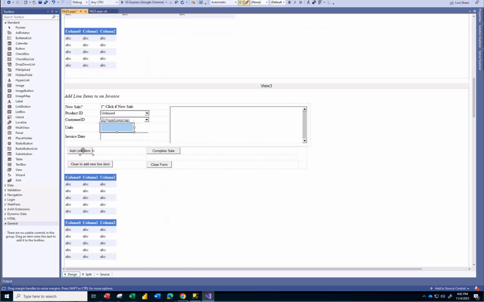But the stored procedures are connected to this add line item button, or you could label it save line item. And that's where the stored procedures will run. That stored procedure adds the line item to sales details and updates the products